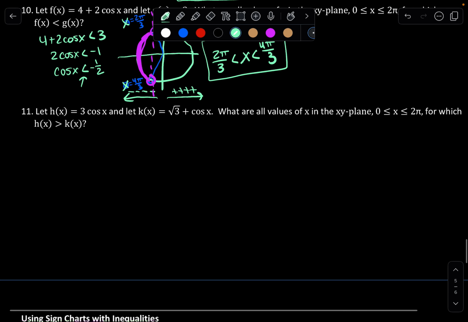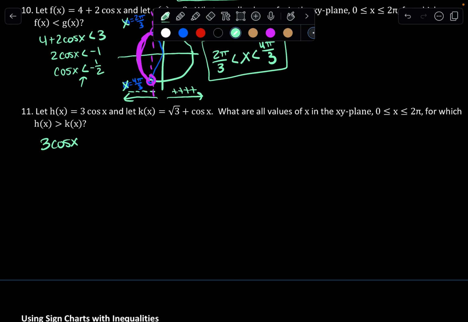And then number 11 says let h of x equal 3 cosine x and let k of x equal root 3 plus cosine x. What are all the values of x in the xy plane, 0 to 2 pi, for which h of x is greater than k of x? So this is similar to the question above. So we have h of x, which is 3 cosine x, strictly greater than root 3 plus cosine x. And this one's going to be different